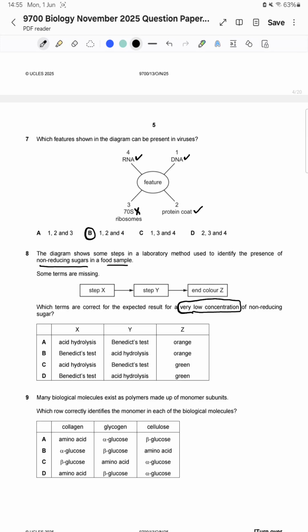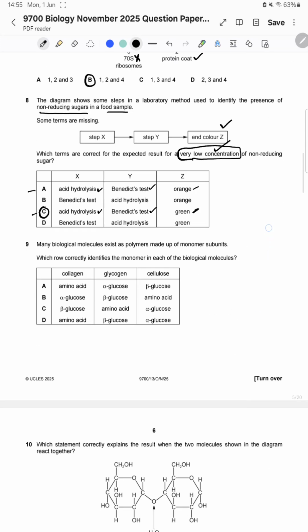So now first of all we have to see what should be step X and then what should be step Y. Of course step Y has to be Benedict test, because without that you can't do that. But before Benedict test, what you need to do is you need to do acid hydrolysis. Now with acid hydrolysis, so we have come to the conclusion that it's either A or C. Then you're going to look at the color change. So here the end color, according to very low concentration, should be green and not orange, because orange means moderate concentration. So C should be our answer. Alright,